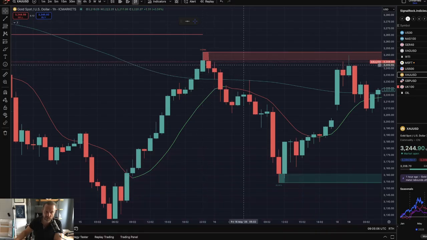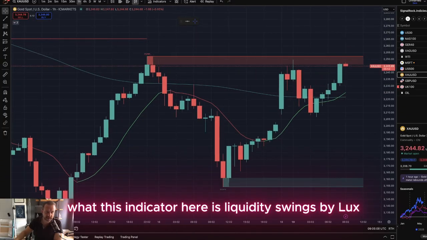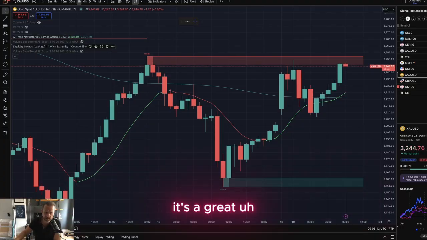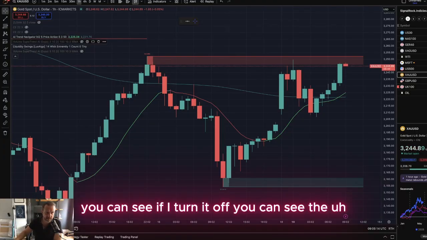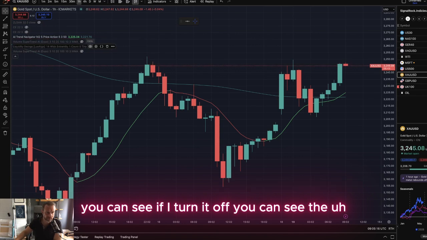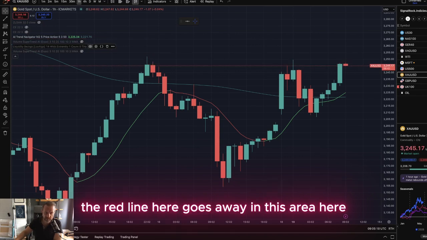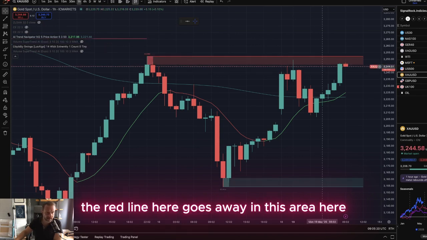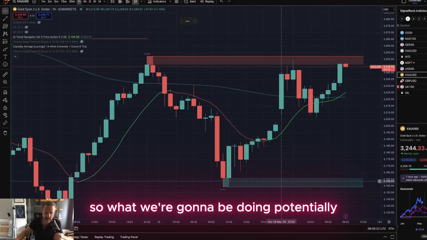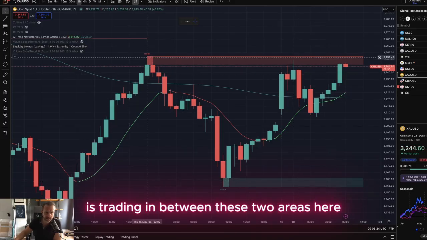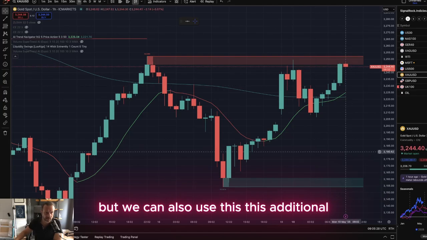So this indicator here is Liquidity Swings by LuxAlgo. You can see if I turn it off, the red line here goes away in this area here. So what we're going to be doing potentially is trading in between these two areas here. But we can also use this additional